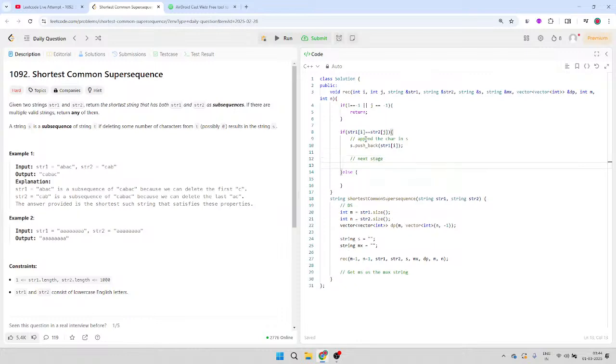Then we go to next stage, which is recursion of i minus 1, comma j minus 1. And then we go to str1 str2 s mx dp m